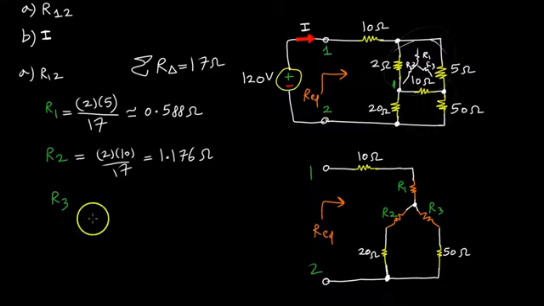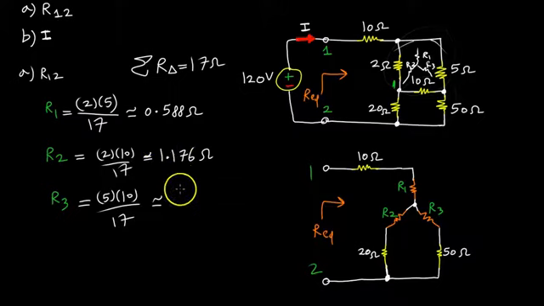So now let's go ahead and find R3, which is this guy. What is adjacent to it? It's 5 and 10, which are going to be 50 over 17, which gives us roughly 2.94 ohms. So now you can see that this has simplified our life in the sense that